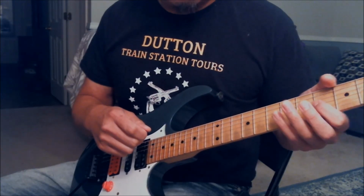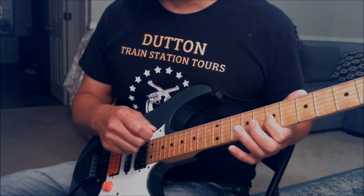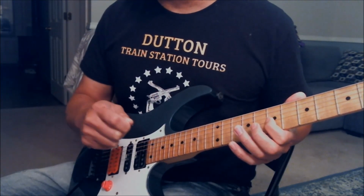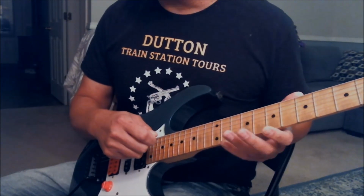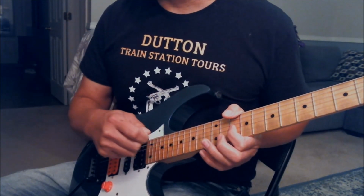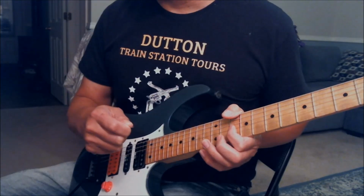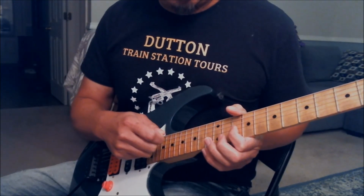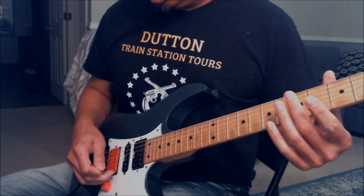open string, hammer on the 7th fret, and then you release the bar up, bring the bar down again, pull off an open string, hammer on the 10th fret, release the bar, and bring the bar down again, pull off on the open, from 10 to open G string, and then you do the harmonic, and